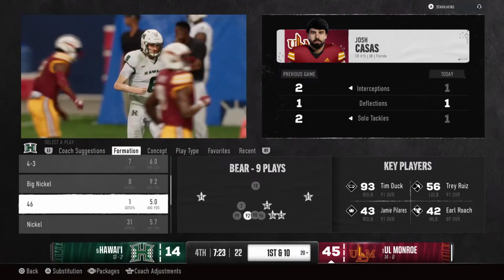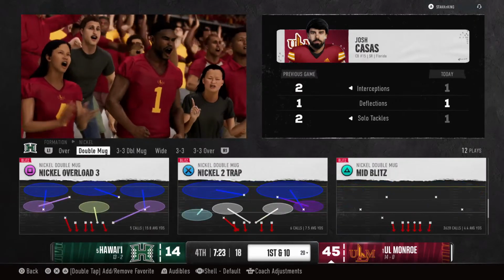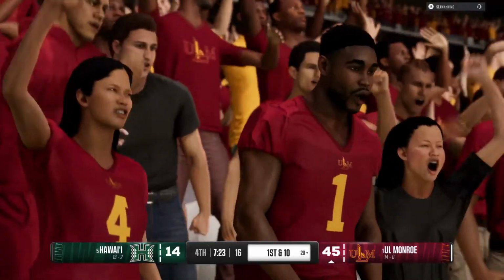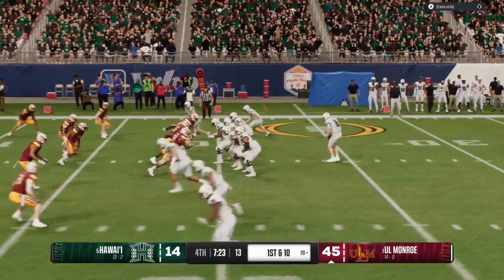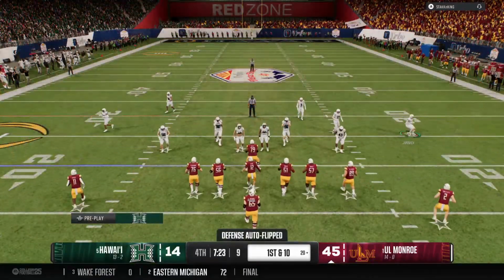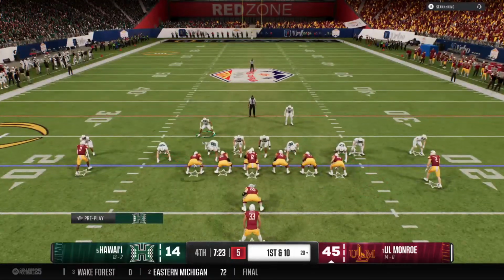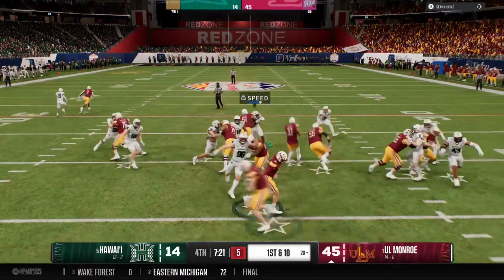Boy, would this quarterback love to have this one back. They're trying to work themselves back into this game here in the 2nd half. And the defense comes up with a big turnover that could be the nail in the coffin. Here comes the UL Monroe offense back on the field. They were up double digits at halftime, and they're just continuing to roll, building on the lead here in the